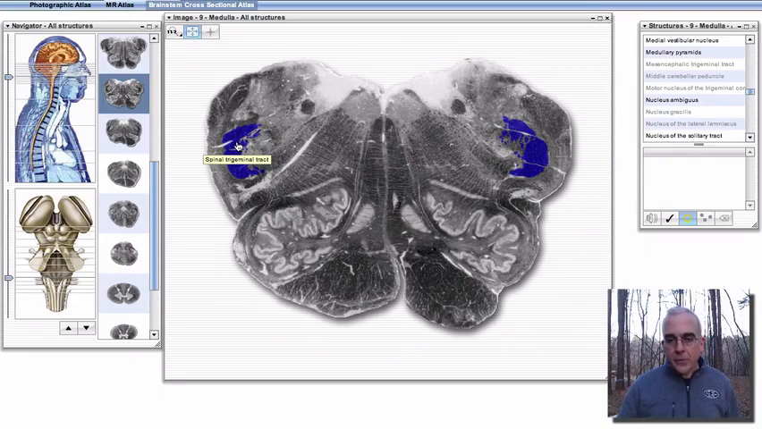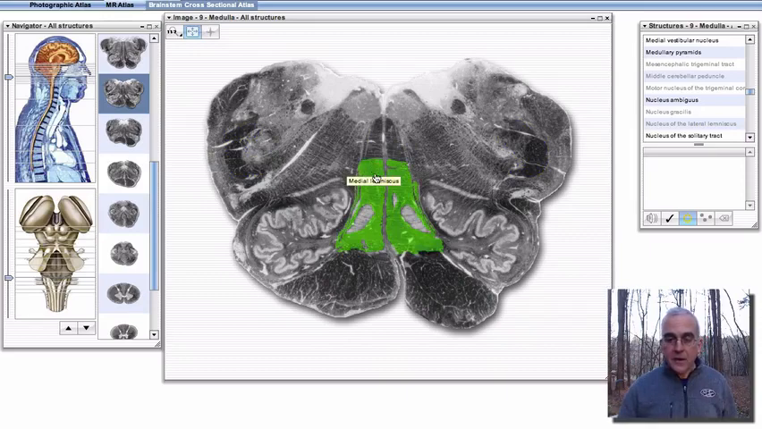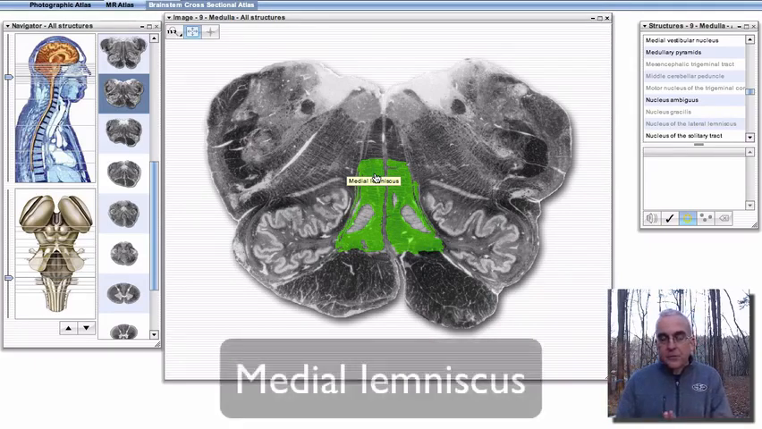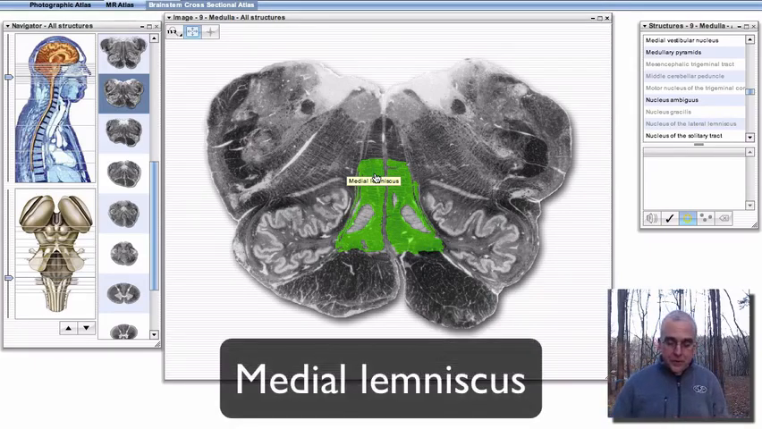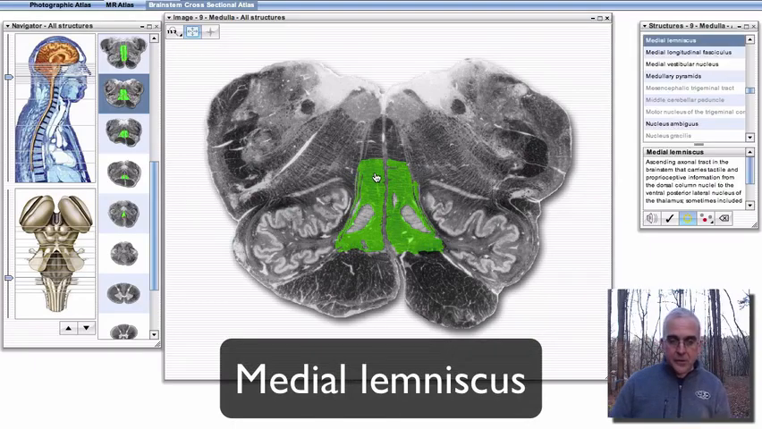Now, I also should point out one important white matter pathway that we'll spend a fair amount of time on when we talk about our mechanosensory systems, and it is a medial ribbon of white matter that sits right on top of the medullary pyramids. It's called the medial lemniscus. So I'm going to select the medial lemniscus so I can show you how this